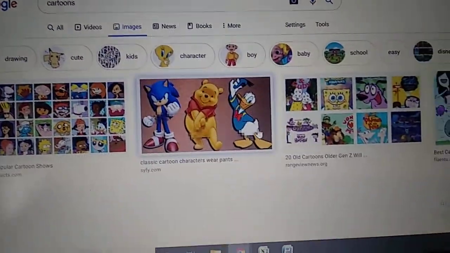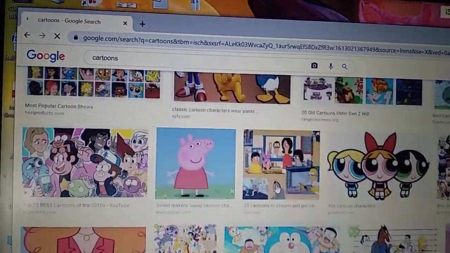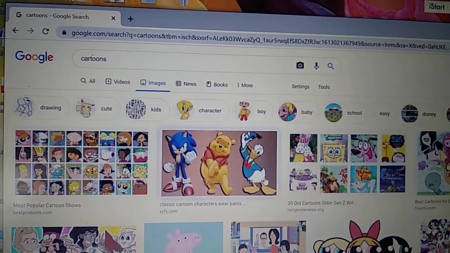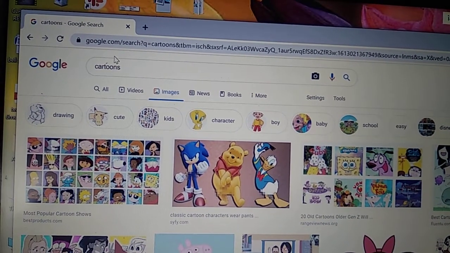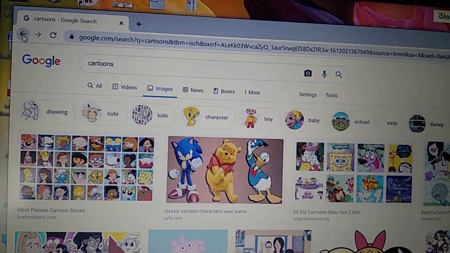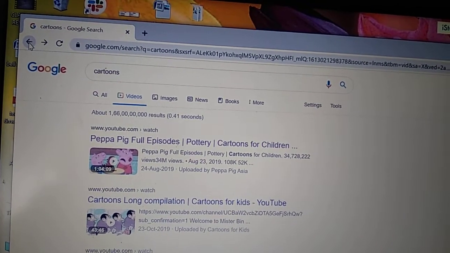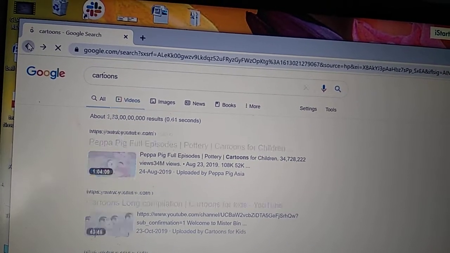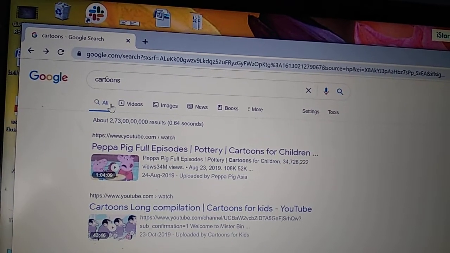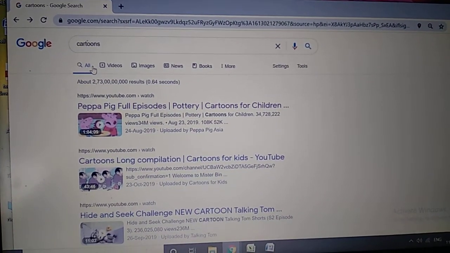Okay, so here you can see it has shown us all the cartoon images of all the cartoons. So from here you can easily copy any of the cartoons and paste it into your desired folder. Okay, so in this way we search for information on Google. Again I have pressed this backward button, so it has taken me to the video section, and if I press the backward button again, it will take me to the all option. Okay, so this was very easy. Try it at home. It is very interesting.